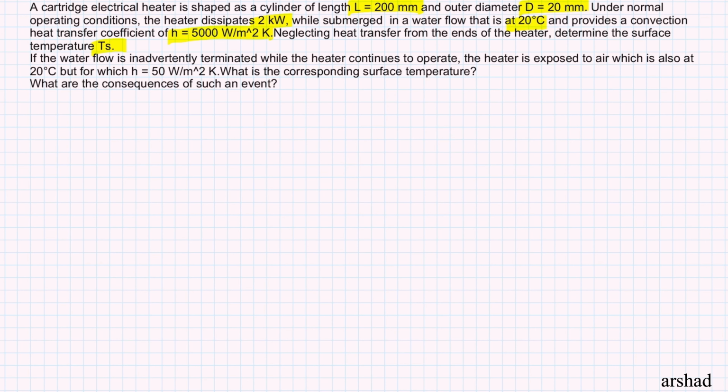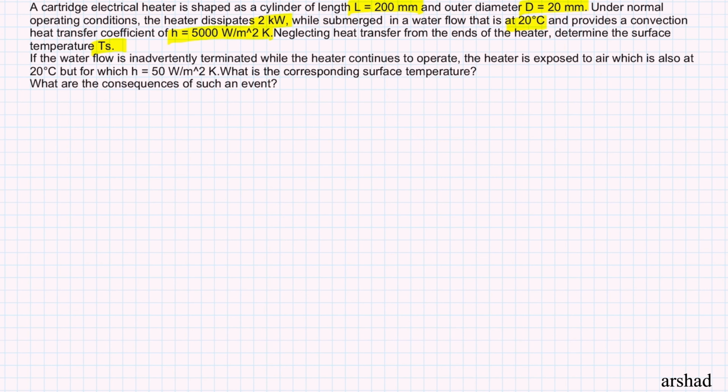And the question also asks, if the water flow is inadvertently terminated while the heater continues to operate, the heater is exposed to air which is also at 20 degrees Celsius but for which h equals 50 watts per meter squared Kelvin, then what would be the corresponding surface temperature and what would be the consequences of such an event? So basically we have to do this problem twice, and in the first case the heater is submerged in